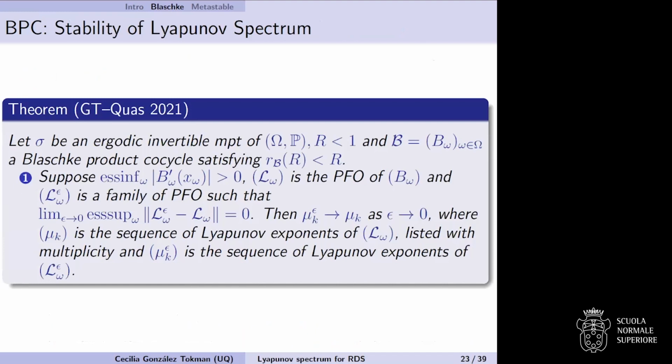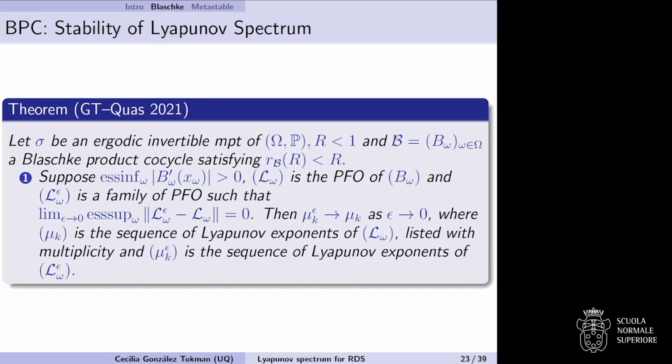And okay, then we wonder, can we understand better when we have stability and when we have instability? So again, using the explicit information that we have about the Lyapunov spectrum, we were able to characterize stability and instability of Lyapunov spectrum in this family in the following way. So we have to look at the essential infimum of this derivative. And as long as it's positive, so as long as we remain away from the critical points,